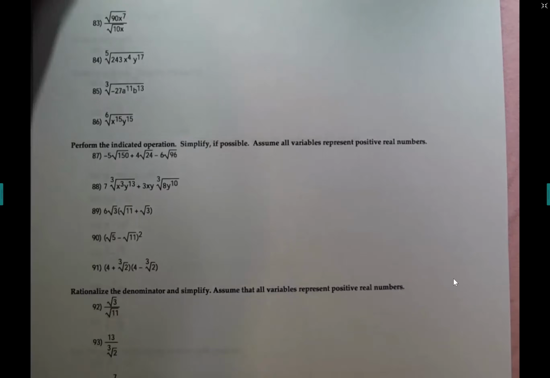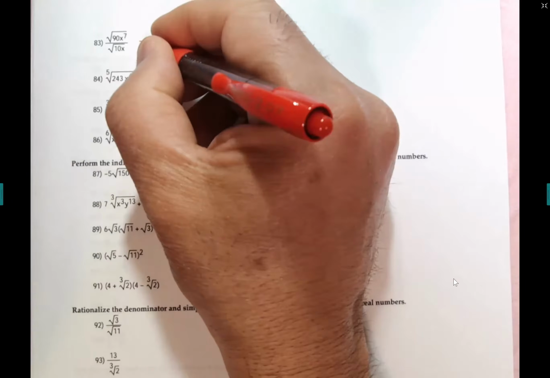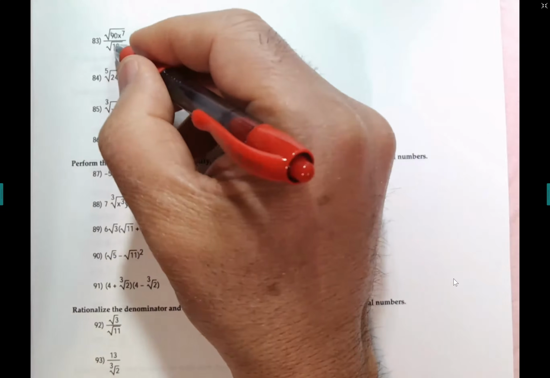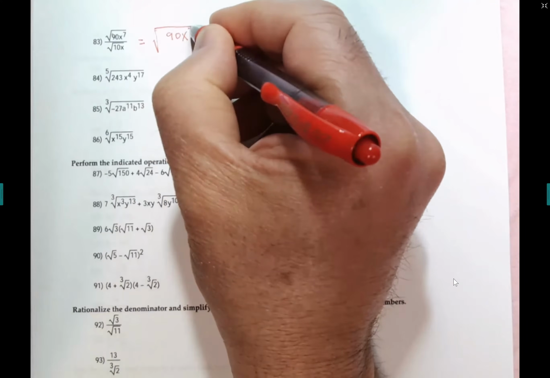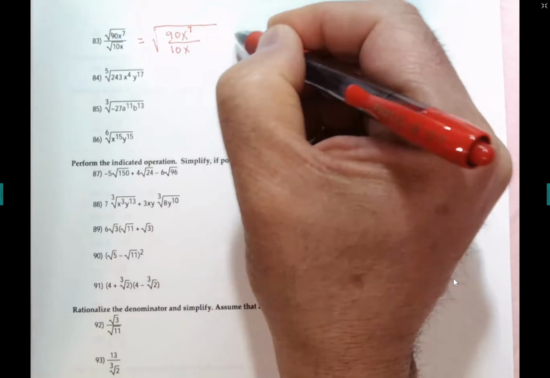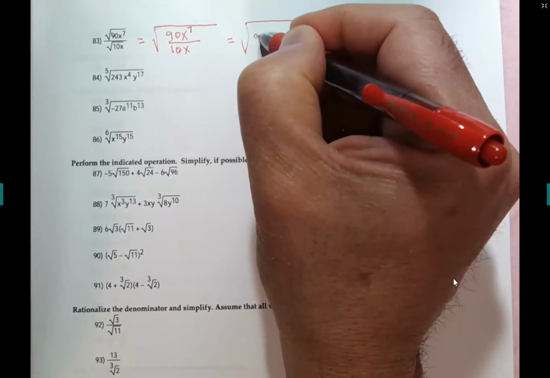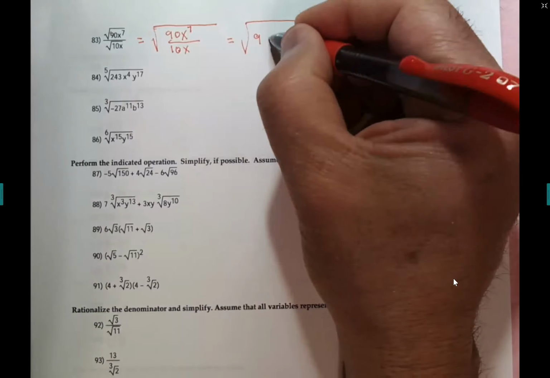Let's do a couple more here. Let me take 83. Actually, 83 turns out to be nice because square root of a divided by square root of b means square root of a over b. So you can put them under one square root. 90 divided by 10, guys, is 9. And x to the 7 divided by x to the first power would be 7 minus 1, which is x